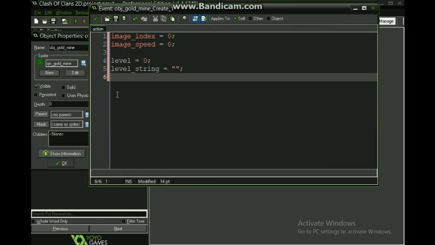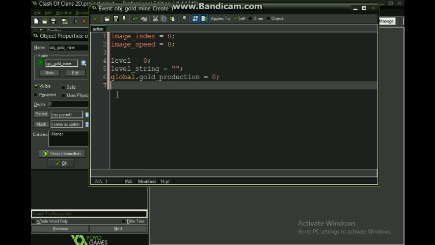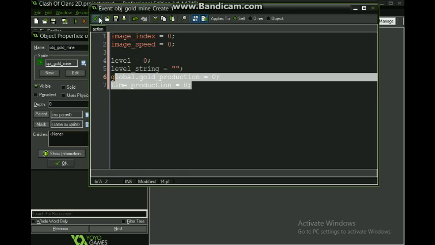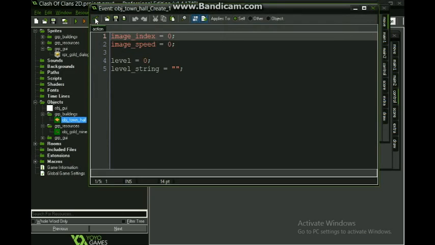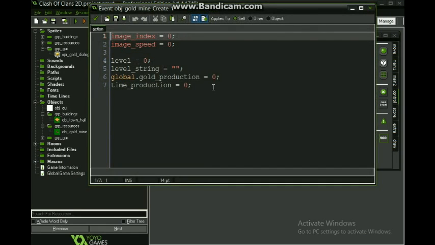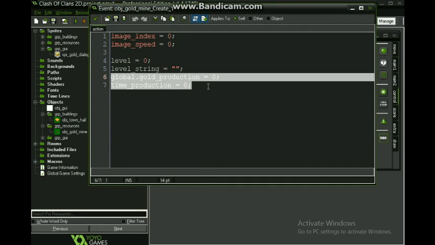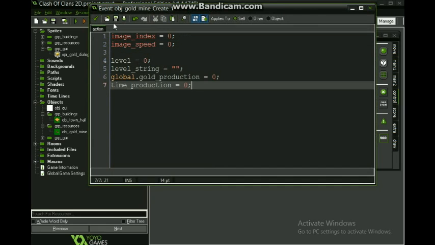If we say global.gold production is equal to 0, and we say time production is equal to 0. I think that's it. Wait, let me check on my town hall. Completely forgot this. Oh, I don't have that. Great. Okay, I think that's our basic functions for all of that.